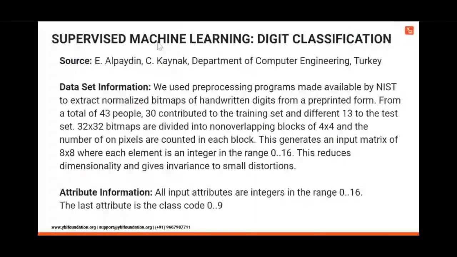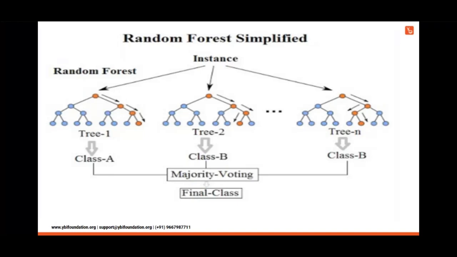So we are going to use another technique, very useful and famous from the ensemble family, which is called the random forest classifier. So how does the random forest classifier work? It is an ensemble. Ensemble means that by default it runs 100 trees. Okay, a decision tree. Decision tree is another machine learning algorithm. So it runs the 100 decision trees, and based upon the majority voting, it gives the final